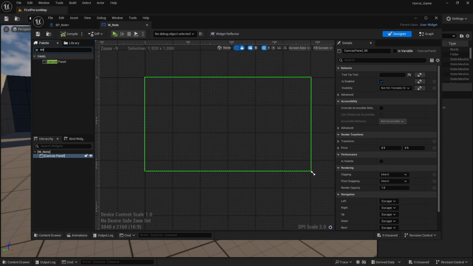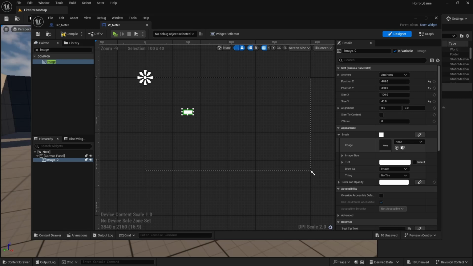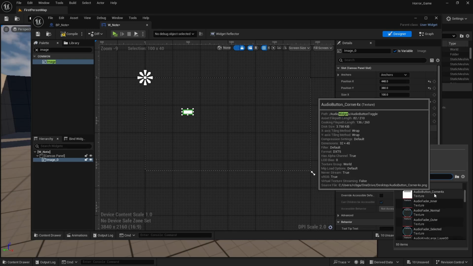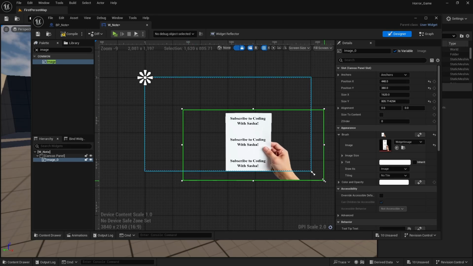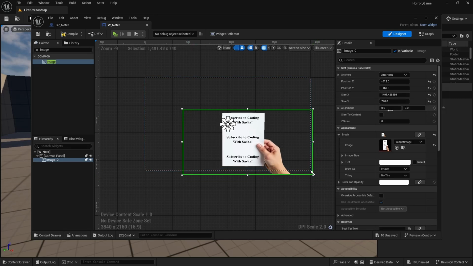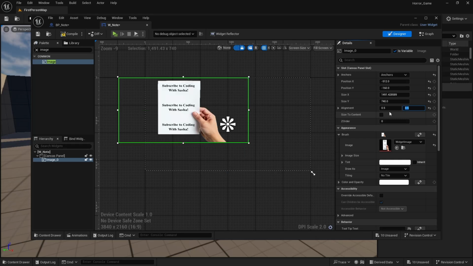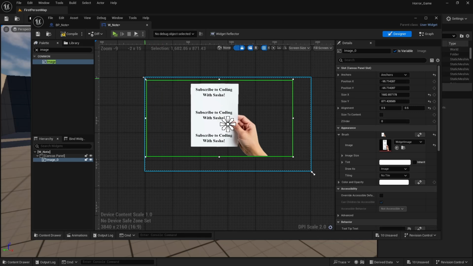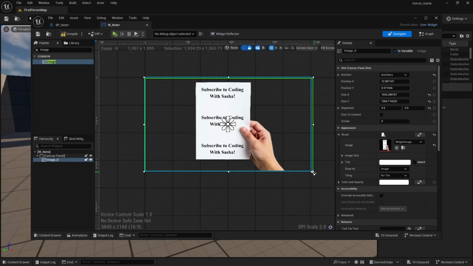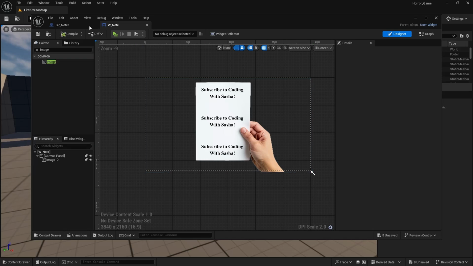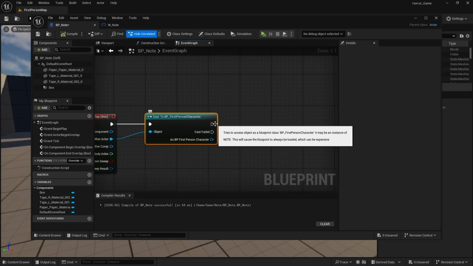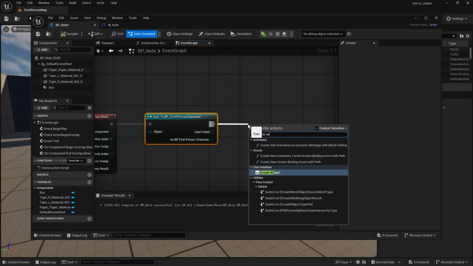And then you want to get an image. And then just select your image. So mine is called widget image. And then you want to scale it. Set the anchor to center, alignment to 0.5, 0.5. You're going to change the position back, and then we can just scale. So this is good for me. Compile and save. So back in your bp_note, out of cast bp first person character, we want to create widget,